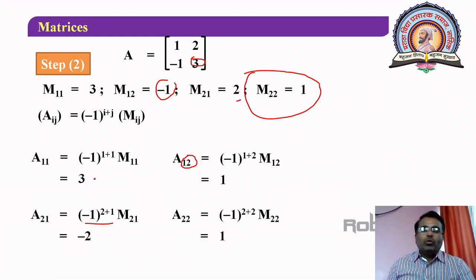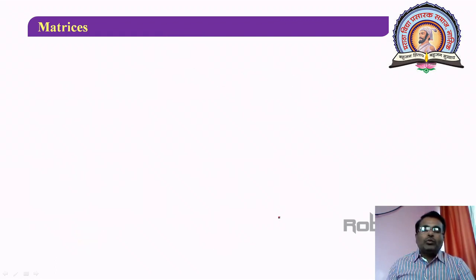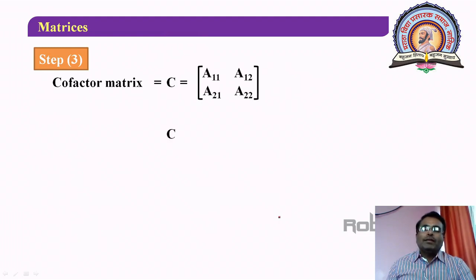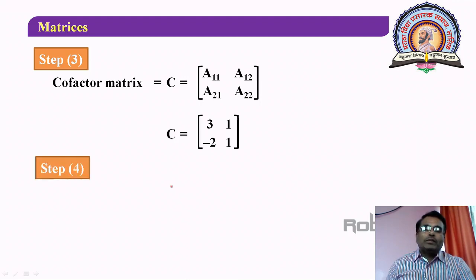So these are your cofactors: 3, 1, minus 2, 1. So 3, 1, minus 2, 1 will give your cofactor matrix. See A11, A12, A21 and A22, that is 3, 1, minus 2, 1, which we have just seen in the last step. And once you get this, next you have to consider step 4, that is you have to obtain